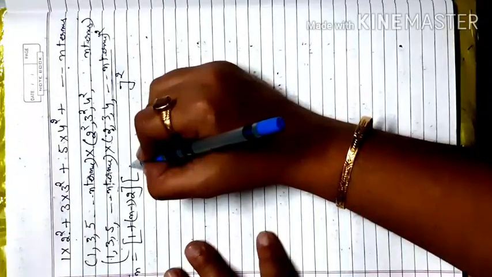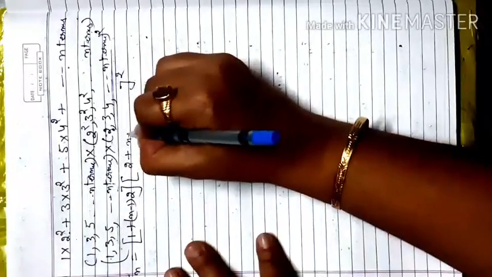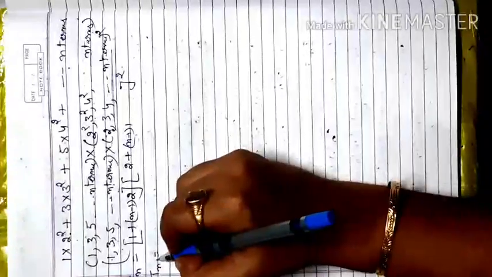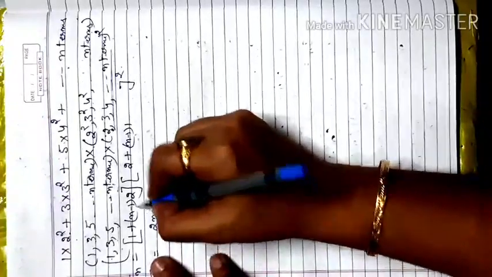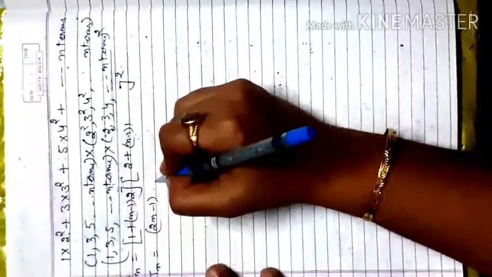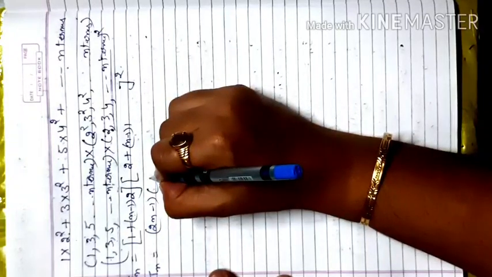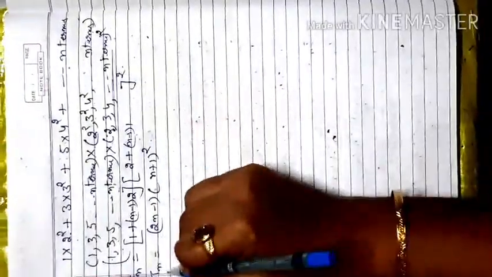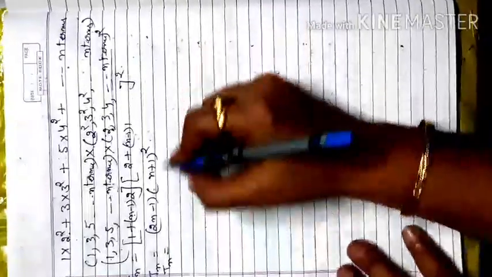So this will be like that, first term is 2 plus (n minus 1) and difference is 1, and whole square is there. When you solve that one, it will be left here 2n. When you open this, 2n minus 2, and minus 2 plus 1 is 2n minus 1. So here it will be left 2n minus 1, and here 2 plus n minus 1, only n plus 1, whole square is left. Now you have to open this (a plus b) whole square formula, multiply all the terms and make a polynomial equation in the form of n.